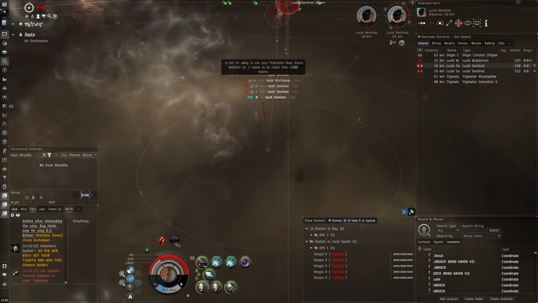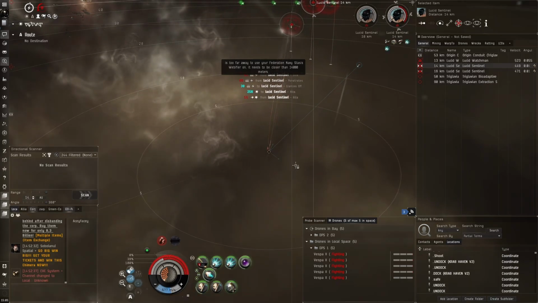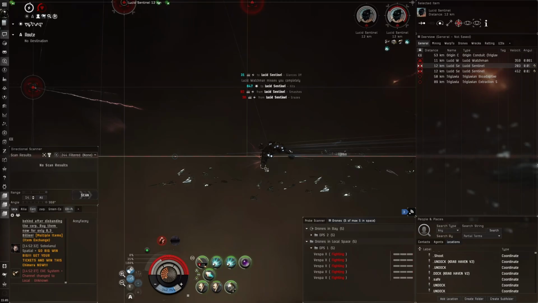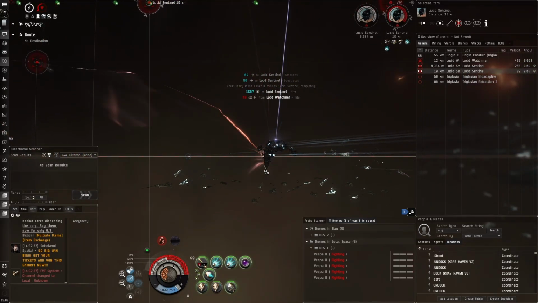You're going to have to... What's the optimal range? 50%. Okay, so we can, I think, shoot a little bit with the pulse lasers. We're just going to have to knock out this Sentinel real quick. Oof. I think that is probably one of the most difficult neuting waves of a sleeper cruiser wave you could